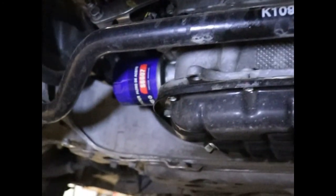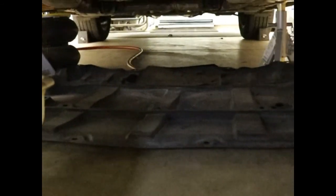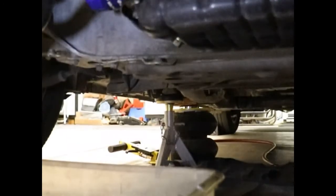So here we go. Well, there's your oil filter and your drain plug there, but we're not doing the oil today. Here's the engine undercover. That's 16 10mm bolts that hold that on, just so you know. Here is the drain pan that we're going to put the coolant in,